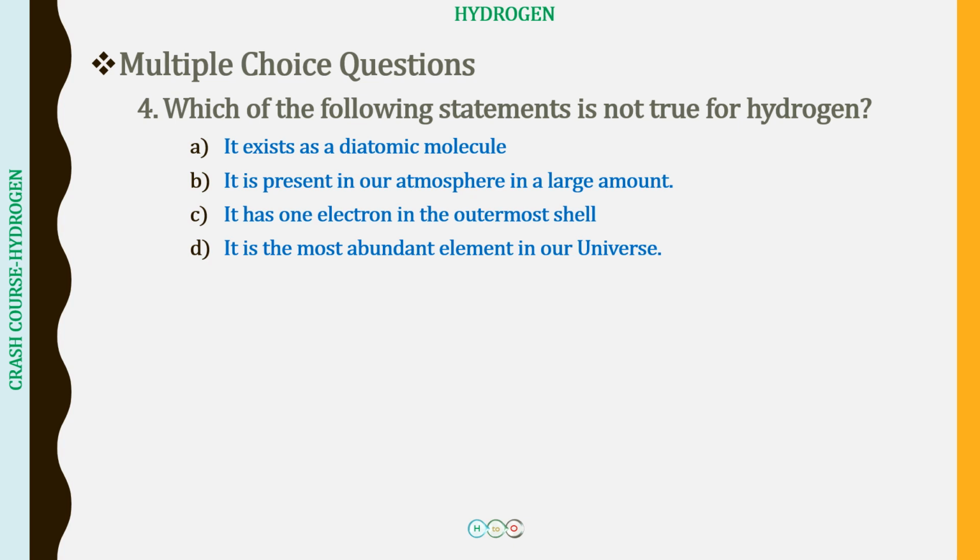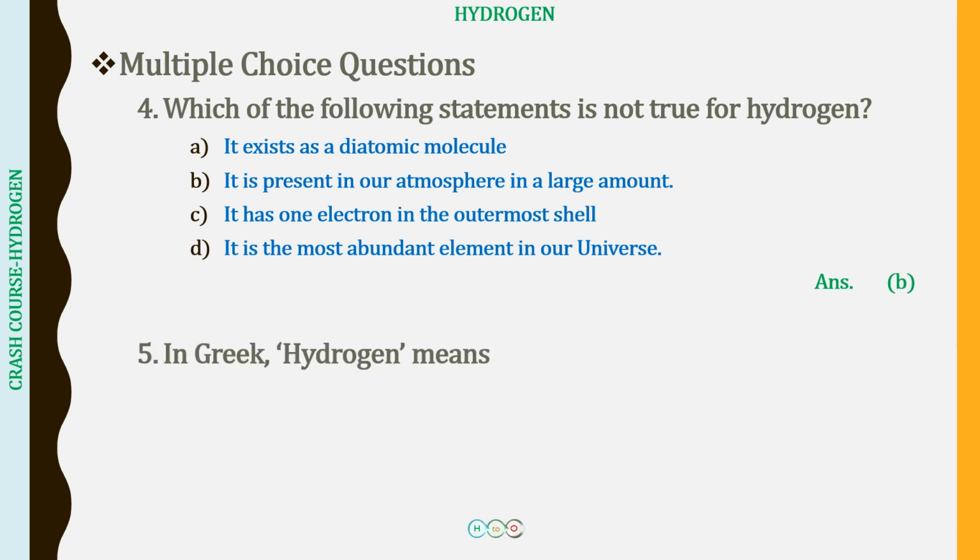In the solar atmosphere, four hydrogen nuclei combine together to form a helium nucleus in the nuclear fusion reaction. And when the nuclear fusion reaction is occurring, a large amount of energy is released, which we receive from the sun as light and heat. So the correct choice over here, which of the following statements is not true for hydrogen, is going to be